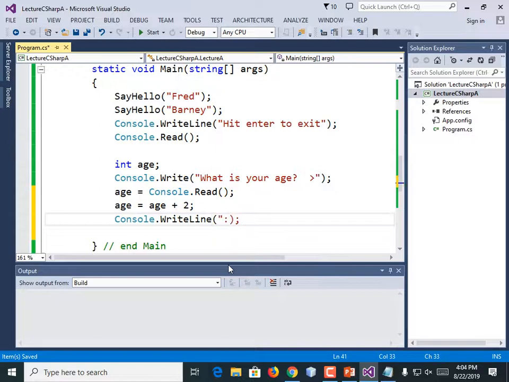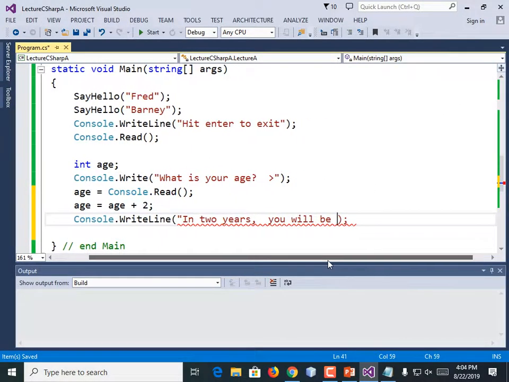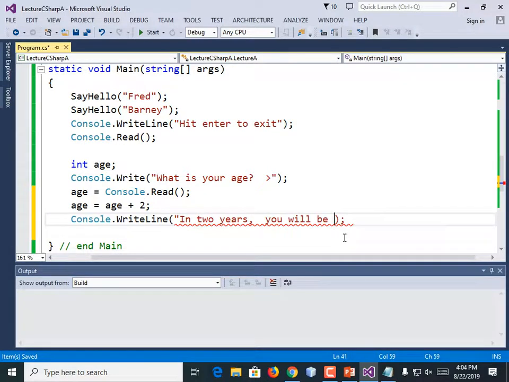Inside the quotes, we're going to say, In 2 years, comma, you will be... I kind of run out of space because my font is so big. So here's how you do the placeholders in this language. Curly brace. 0 is the first placeholder. 1 would be the second. 2 would be the third.